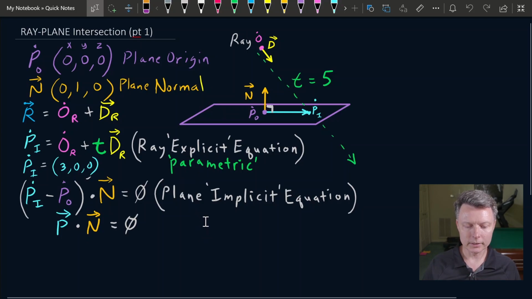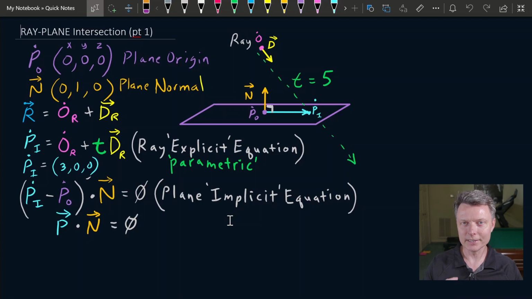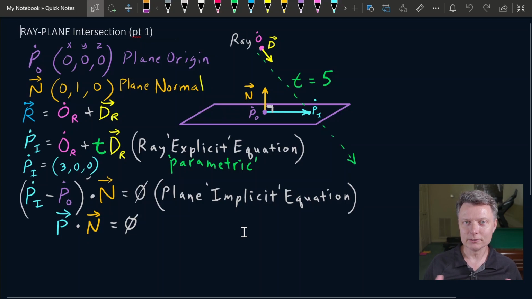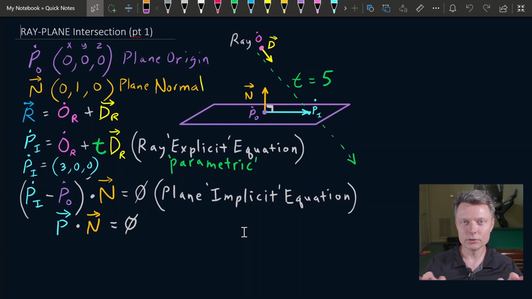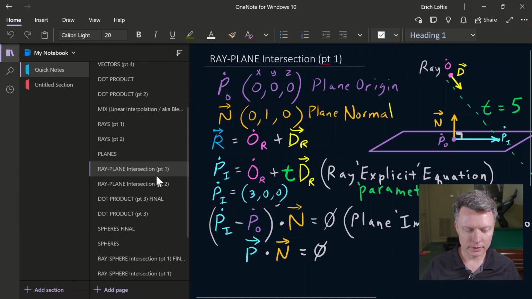So much like our plane had an implicit equation, whereas our ray has an explicit equation, our sphere has its own implicit equation where you can test, but the ray still has the explicit equation where you generate a point by giving it a little t parameter. And the magic of ray tracing and ray casting in general is that you can combine these seemingly disparate equations into one equation that will solve for the t value. So on the next slide,